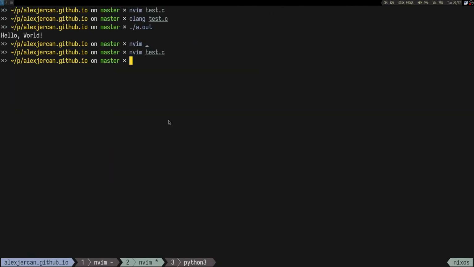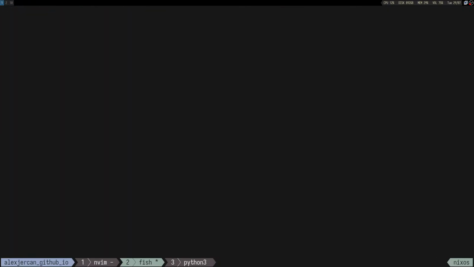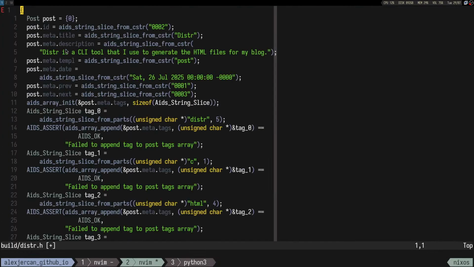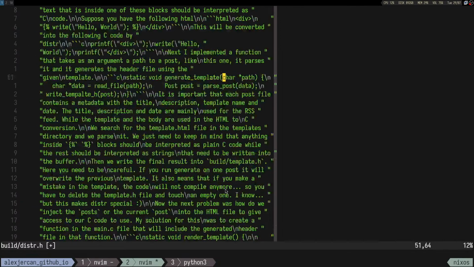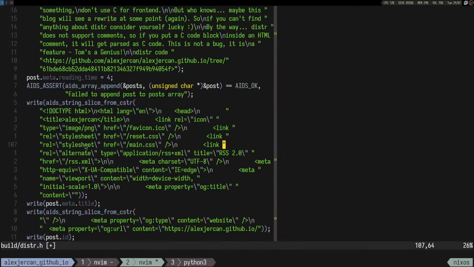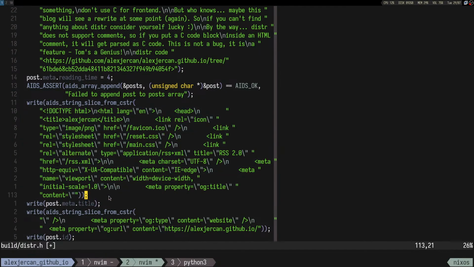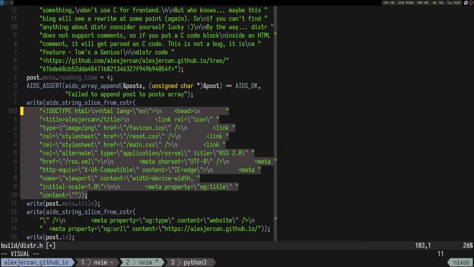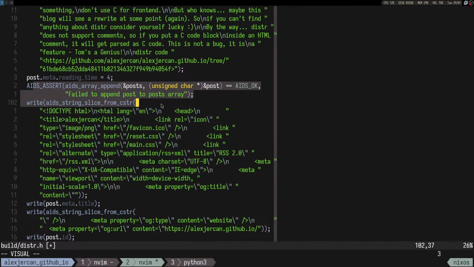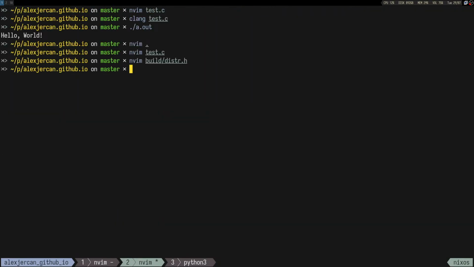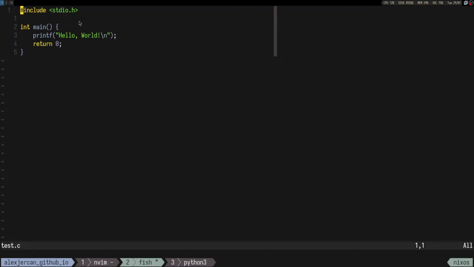just like we saw here in build distr. We read that entire HTML file and we generate C code for it. And you can see the HTML being just inside of printf statements, right? So the HTML will go into printf statements and the C code stays as C code. So it gets turned inside out, if you will. But now I was